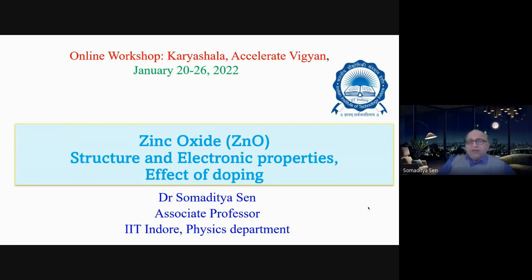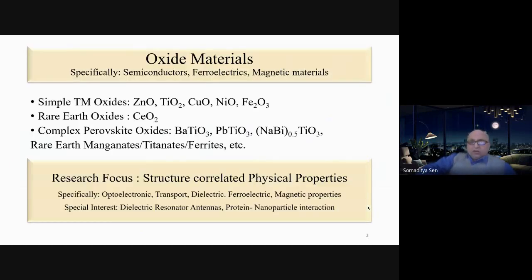So again, I say that the talk will be on zinc oxide, how the structure and electronic properties are correlated, and what is the effect of doping. But this is not just zinc oxide. This is every material. Every material that is in the universe will have the same signs. Okay. So my group is known mostly for oxide materials, and we specifically work on semiconductors, ferroelectrics, and magnetic